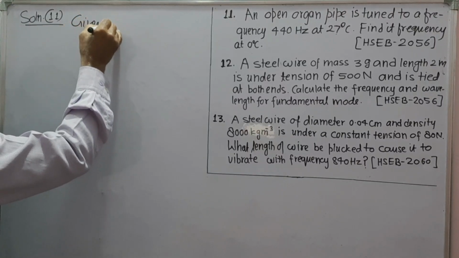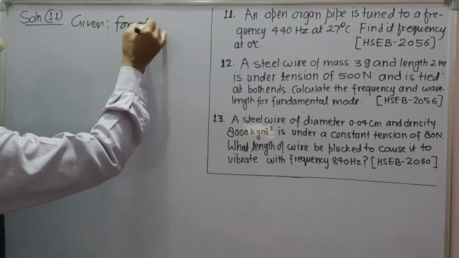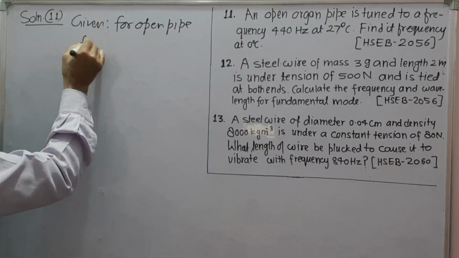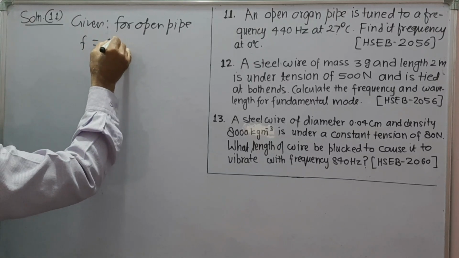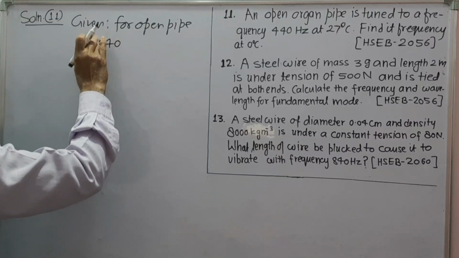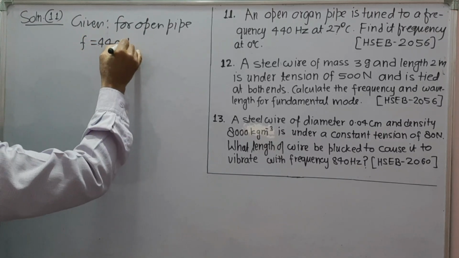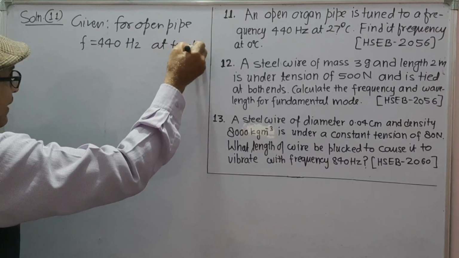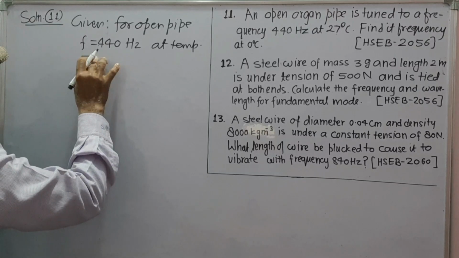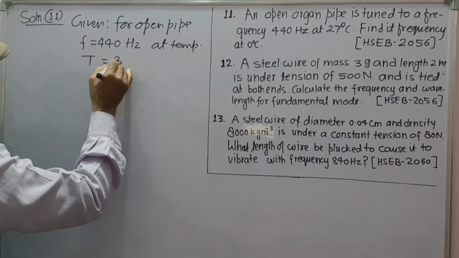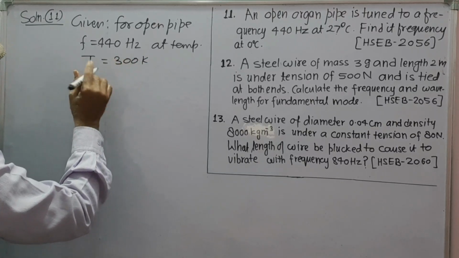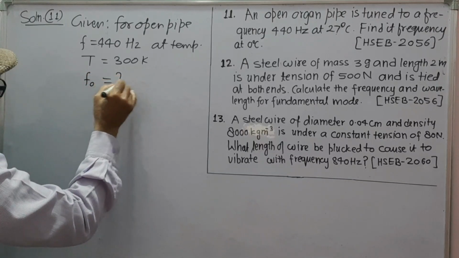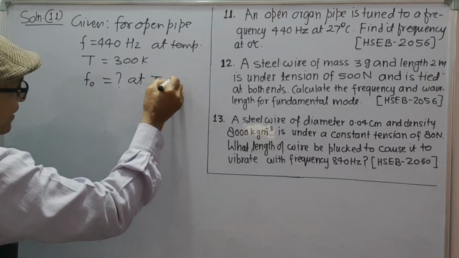Given for open pipe, F is equal to 440 Hz at temperature T is equal to 300 Kelvin, 27 degrees Celsius. What will be the frequency at 0 degrees Celsius? Means